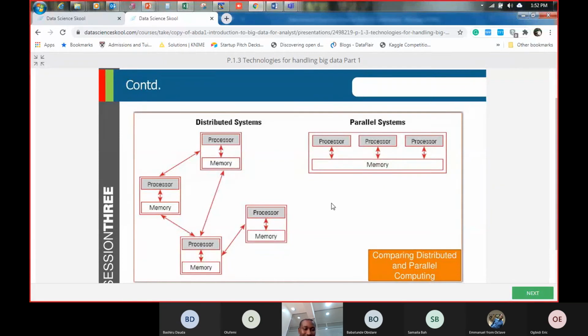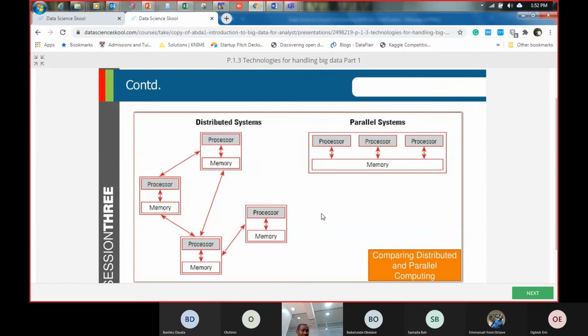So if you look at this diagram, all of these are independent computers that are connected within a particular network. If you decide to remove one of these, if you disconnect one of these computers, the distributed network still exists. That is not going to shut down the network. It only means that one of these computers is no longer available.